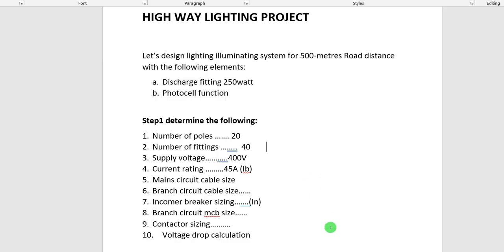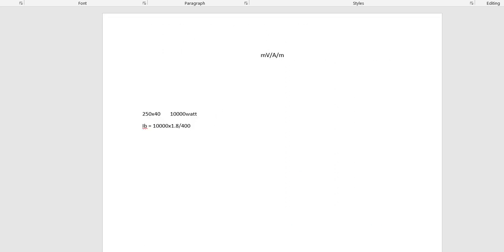Now, what is the formula for our voltage drop? Look at the formula here. The formula says voltage in millivolts multiplied by current multiplied by meters, the distance of coverage. I repeat, the formula for voltage drop is in millivolts because your voltage drop is normally under millivolts. So millivolts multiplied by the current you are working with, multiplied by the distance coverage, that is the meter, is what we are doing. So in that case, let's factor in.